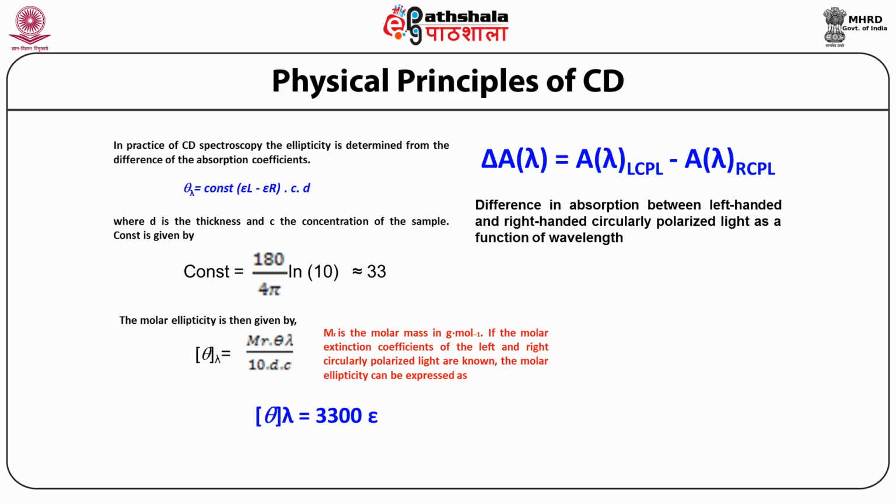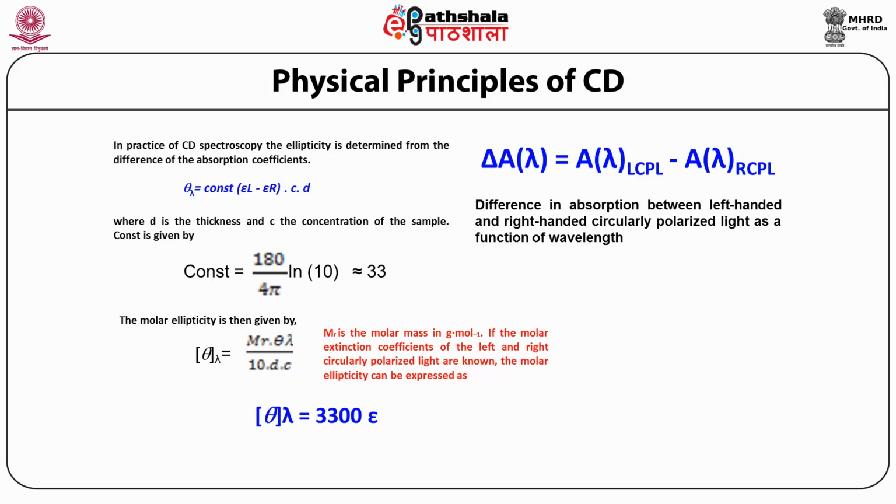So the molar ellipticity is given as M_r theta by 10 D C, or it can be further expressed as theta lambda equals 3300 times delta E, where E is the extinction coefficient. So M_r is the molecular mass in gram per mole, and if the molar extinction coefficients of the left and right circularly polarized light are known, the molar ellipticity can be expressed as theta lambda equals 33